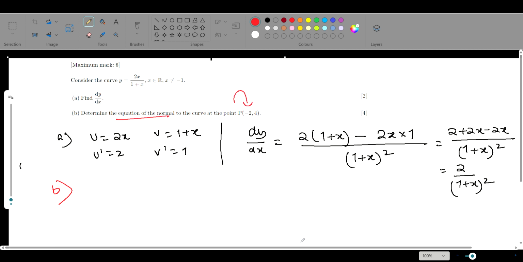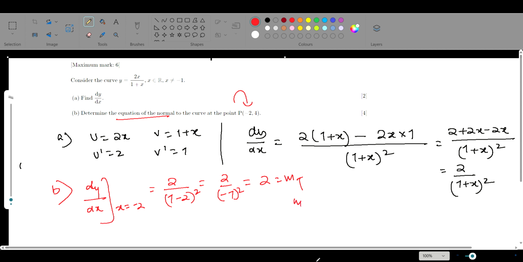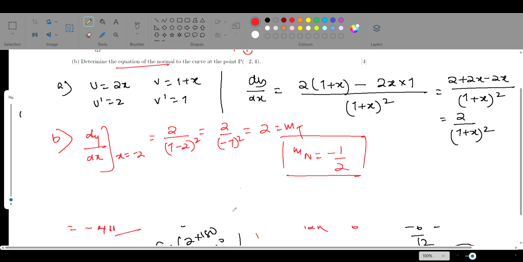Equation of the normal at minus 2, 4. So at x equal to minus 2, the value is 2 over 1 plus minus 2 whole squared, so it's just 2. But this is the tangent gradient. We still need to figure out the gradient for the normal, which will be what? Minus 1 by 2. Now, we have minus 2, 4 the given point, so I'll use the formula